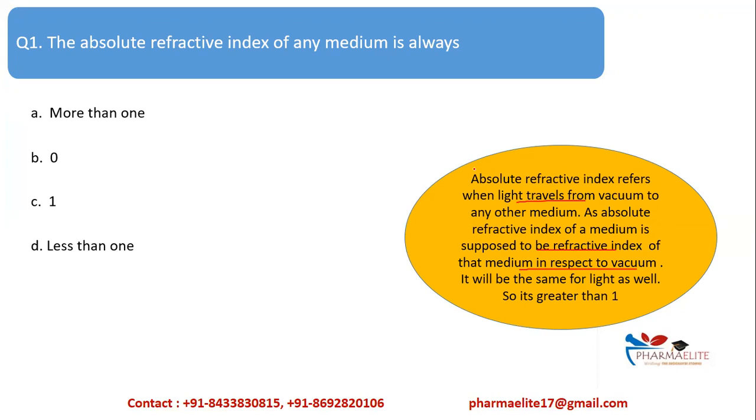And I have already told you that if it is vacuum or air, the value of its refractive index is 1. It is always a standard given value. Fix it in your mind. So when you compare your medium with respect to vacuum, it will always be greater than 1. It cannot be 0 or less than 1, right? Because you are already comparing it with the standard which is 1. That is, you are taking a ratio. What is refractive index? Velocity of light in medium 1 to medium 2. So when your medium is being compared with respect to vacuum, whose value is already 1, your answer for absolute refractive index will always be more than 1.